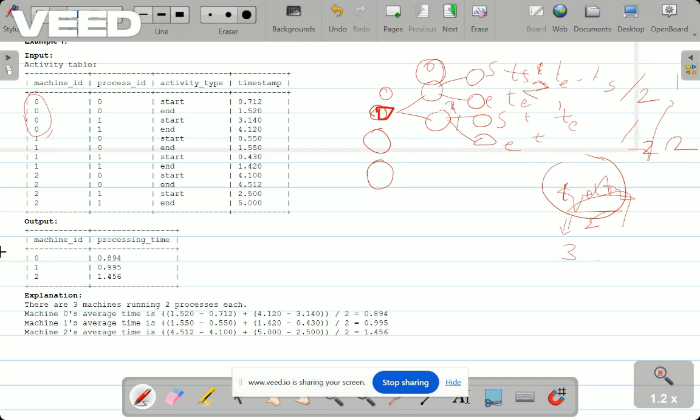Let's see in the code how we can achieve this part. Let's go to the code window. I hope you have understood the format. First we have to check the timestamps are greater or not, and then we have to get the average of the start time and end time timestamps for the processes we have for that particular machine. Of all those, we have to take the average by using the average aggregate function. That's what we have to do here.